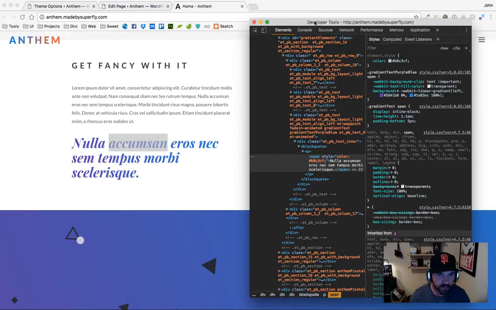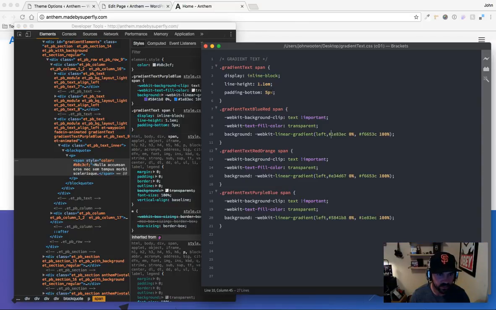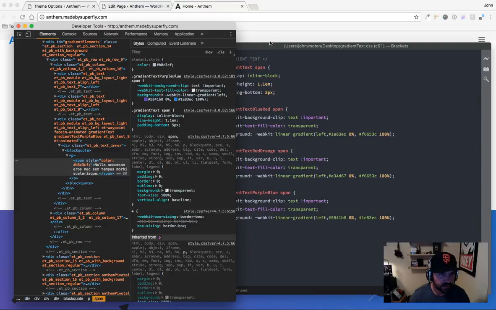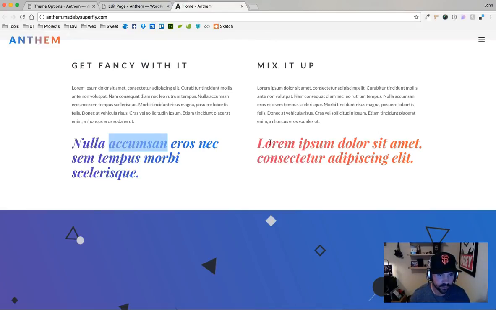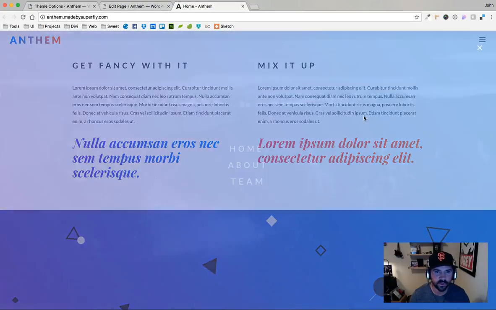Okay, so I was going to mention the padding bottom. If I turn that padding bottom that's in the code there off, let me go ahead and get this back. You'll see that it cut off the bottom of the P and the G there. And so through trial and error, I've realized that you need this padding bottom. I'll show you one other example of this,